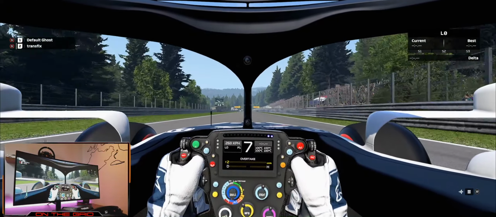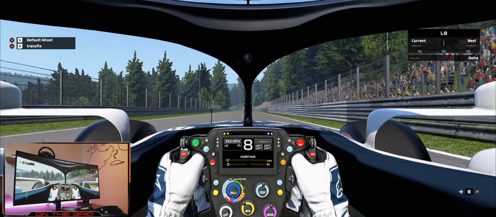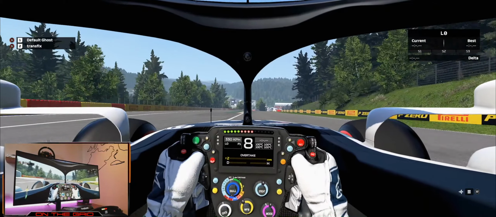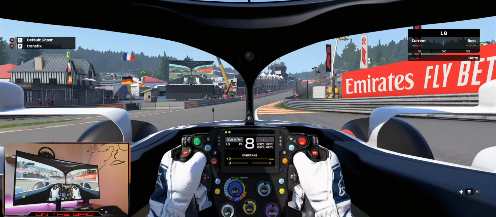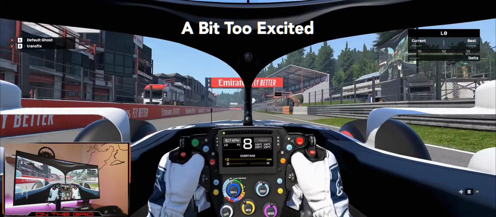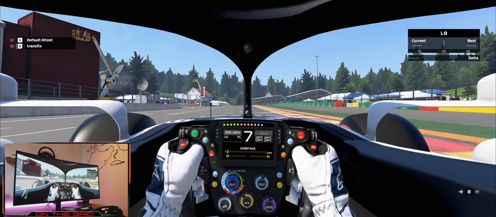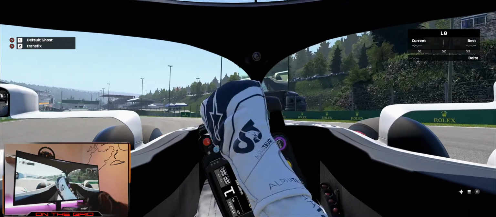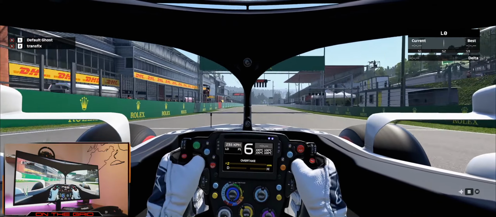Yeah, I won't be using DRS going down that hill, so we'll just disengage as soon as we get close. I want to commit suicide here. All right, hopefully we'll survive. Oh my god, that feels amazing, actually. That's cool. Really cool. Yeah, that's a great one.